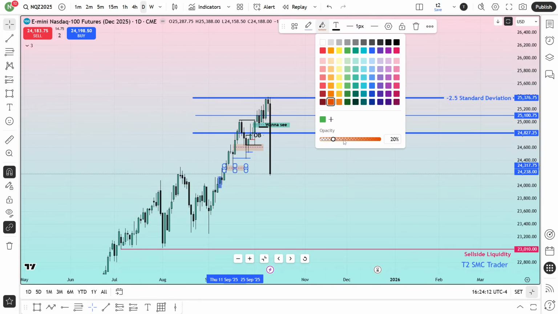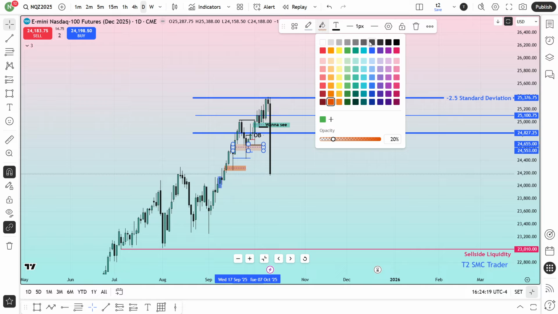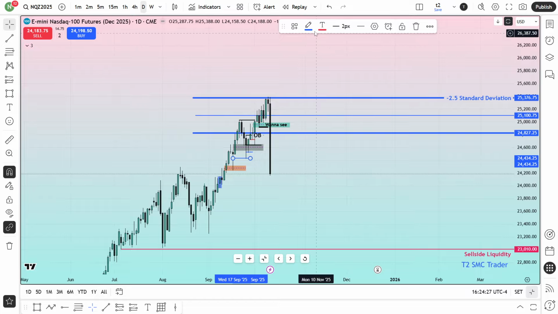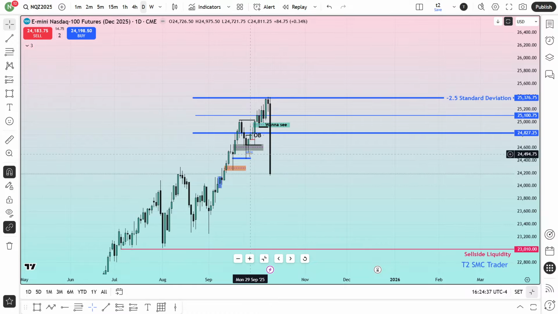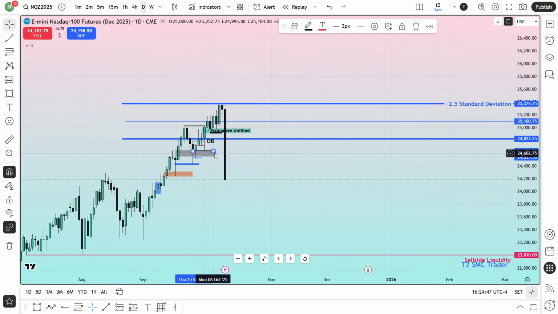Let me change the color a bit deeper. Okay, so this is the last fair value gap. This is that bullish fair value gap. From the lower time frame, you will be able to see this bullish fair value gap as gray. It will be this type of color. This line is going to be that quadrant level. That weak upper quadrant, I'm going to mark a bit bolder, and the upper one is the 50% of that specific week. Guys, again, I'm very sorry because it's going to be a bit longer, but I have to use these things. And this line is the rejection block from my lower time frame.